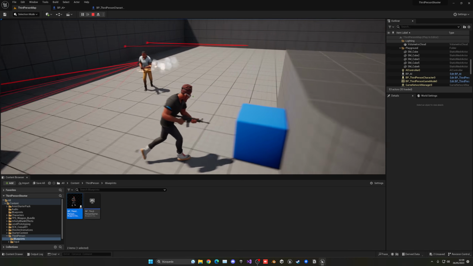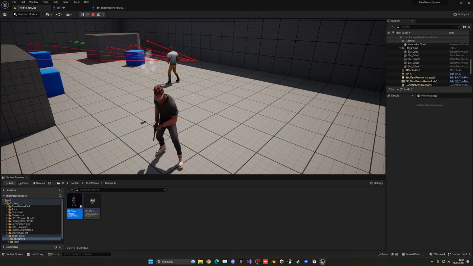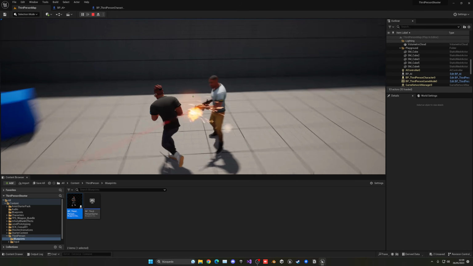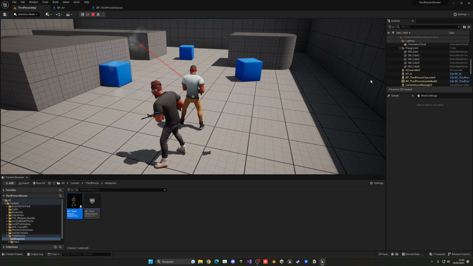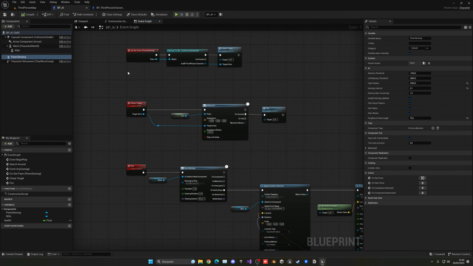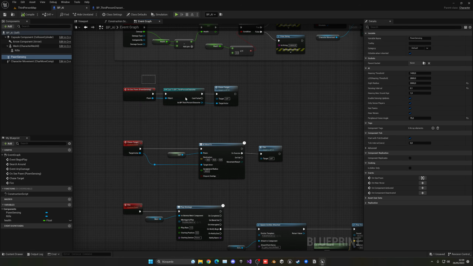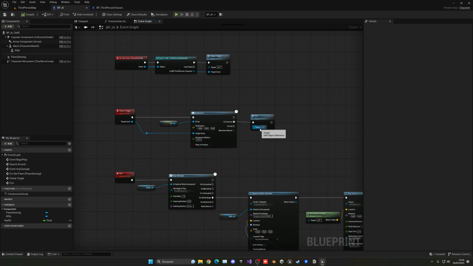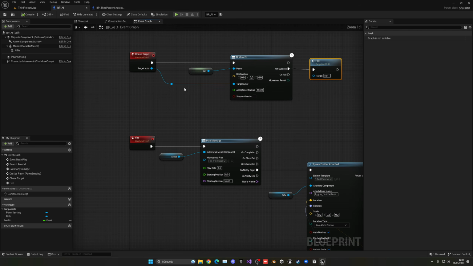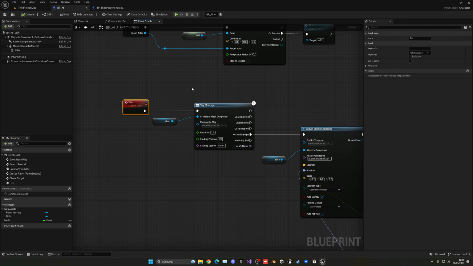So another thing that we have to do is basically always be looking at you, because in some cases, if he's at this distance, he will stop attacking, and we don't want that, right? He's not seeing you. So what we can do is basically once he's chasing the target and he's shooting, we're gonna be passing also that target actor. So let's